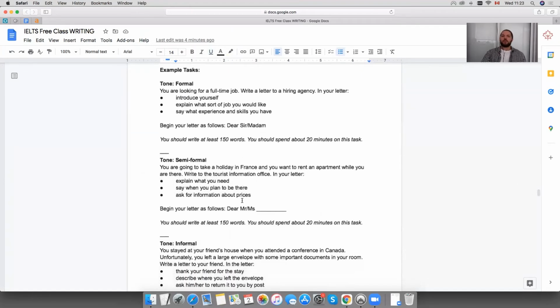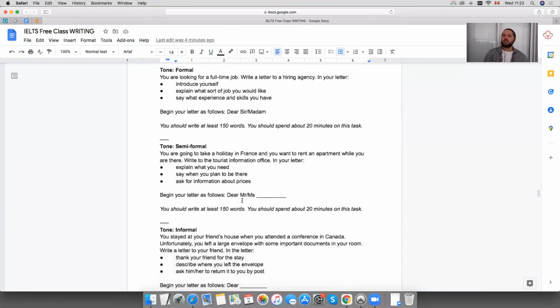The tone that we're talking about and the audience that we're speaking to is maybe the most important part of the Task 1 for the General. Let's look at some different questions that would change our tone depending on what they're asking. So for a formal tone, it's like the question that we already saw. You're looking for a full-time job. This makes sense, right? We're not going to be speaking to a hiring agency as if they're a friend or